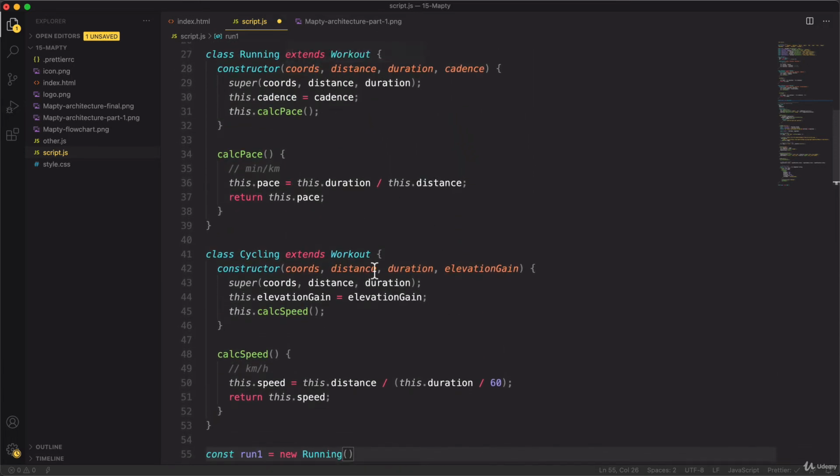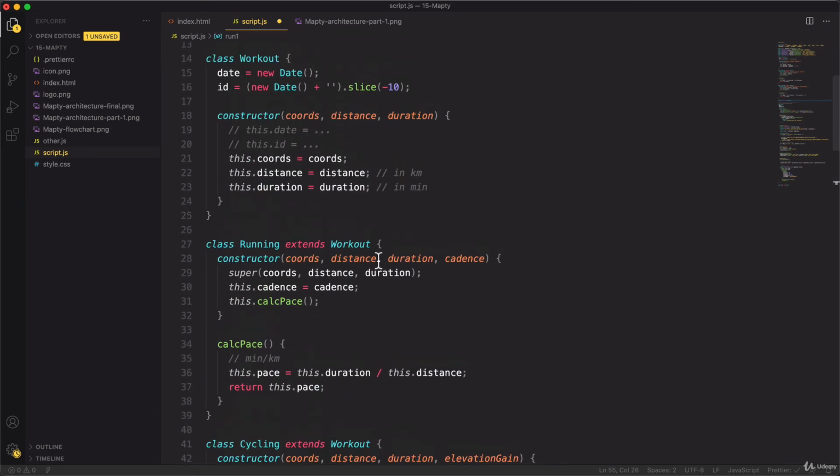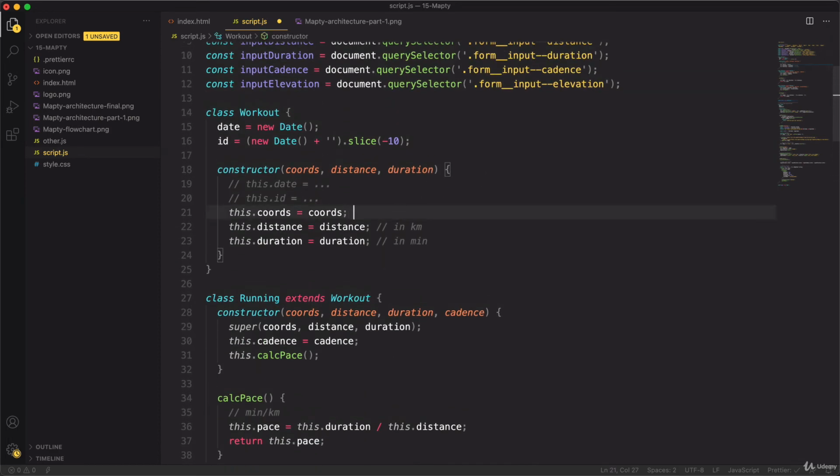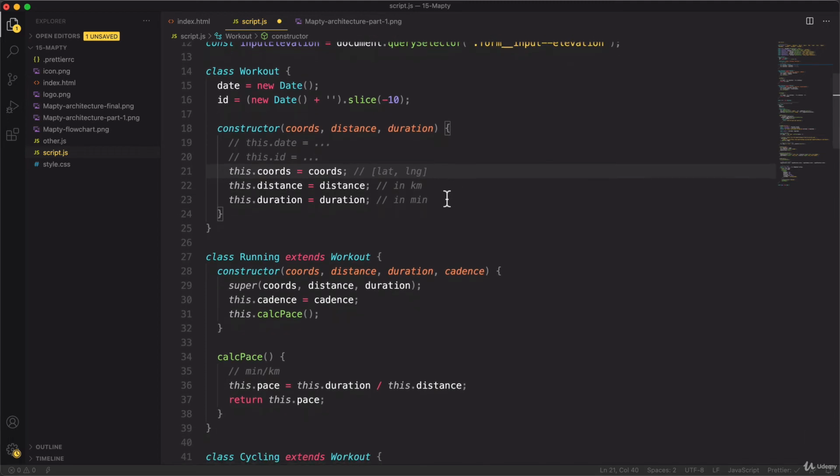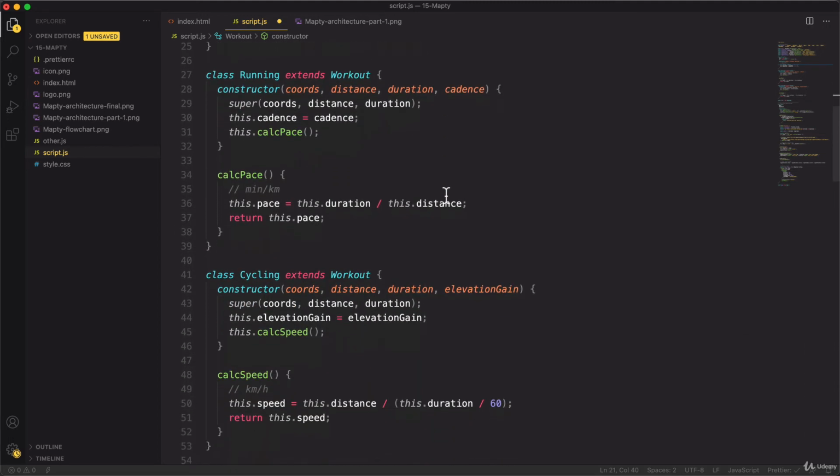So we need coordinates. And so that's going to be an array of coordinates. And let's just specify this here, basically as documentation. So an array of latitude and longitude. And so if we have some other developers, they will then know exactly what this coordinates should look like. And there are other more fancy ways of writing documentation, but maybe we will explore that a bit later in